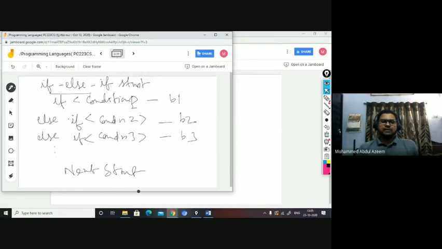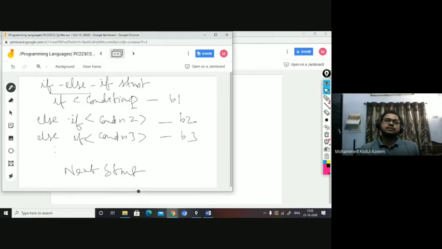Similarly, if you look at if else if, okay, if condition 1 you have followed by some block, and then else if the condition is true, you have some block to execute, like this. So when you have multiple conditions, and based on the various conditions you want various blocks to be executed, but only one block at a time, you can go for this if else if kind of thing, right?